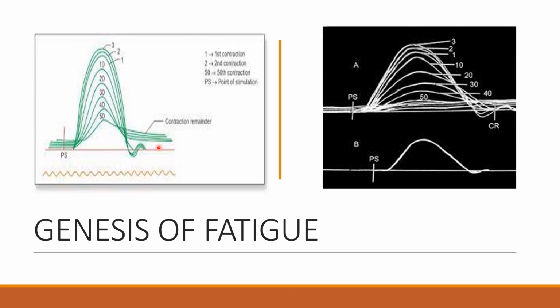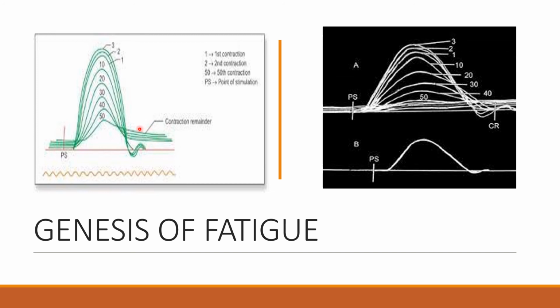Muscle contraction occurs by direct stimulation of the muscle following fatigue. The cause of this fatigue is depletion of acetylcholine, the neurotransmitter, from the myoneural junction. This prolongation of relaxation period is the early sign of fatigue. When the muscle is fatigued, the relaxation becomes incomplete and it remains in a state of partial contraction.